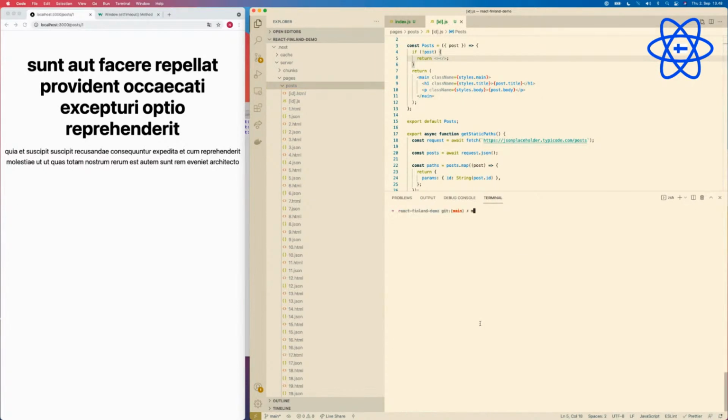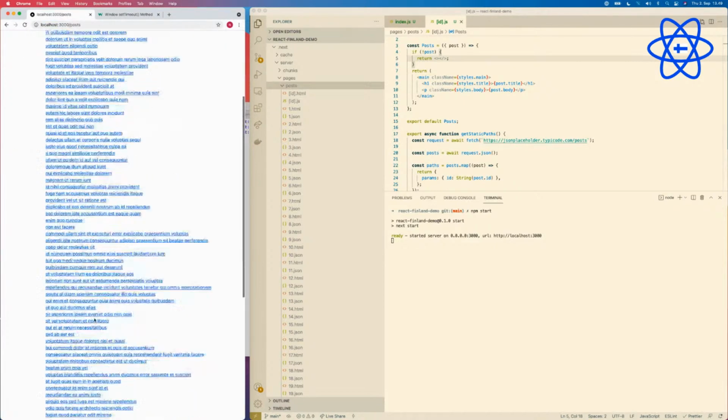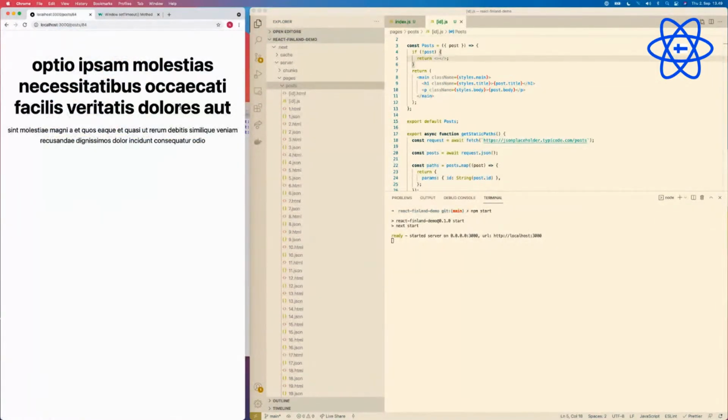So we can say npm start, and then it started it. So if you go to the page, you basically load it from the server side. And if you go to any other page, it will still be getting it from the server side. But of course, one of the things that is problematic here is what if you have thousands and thousands of pages?